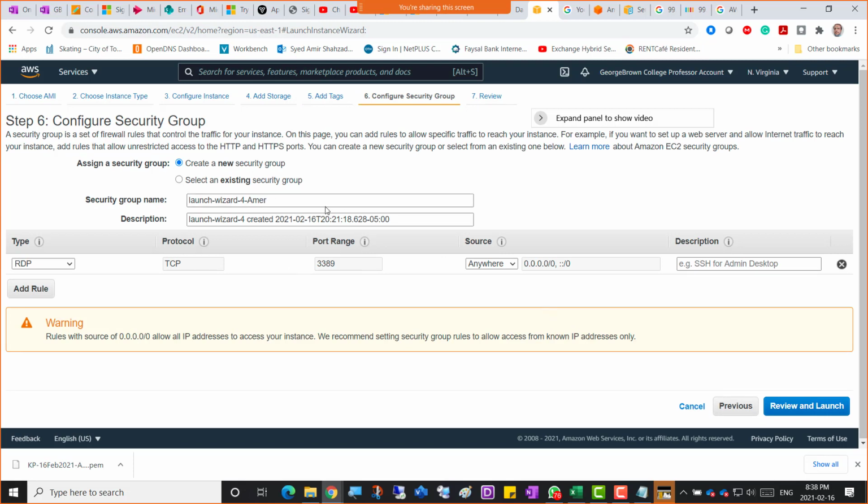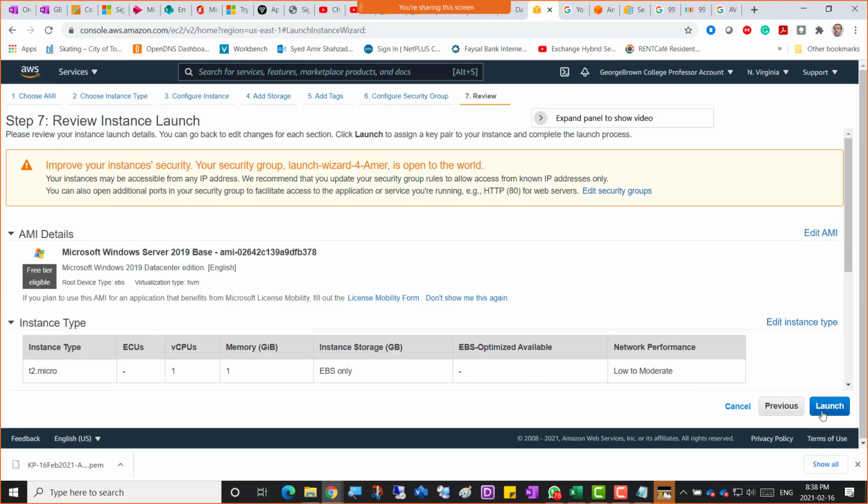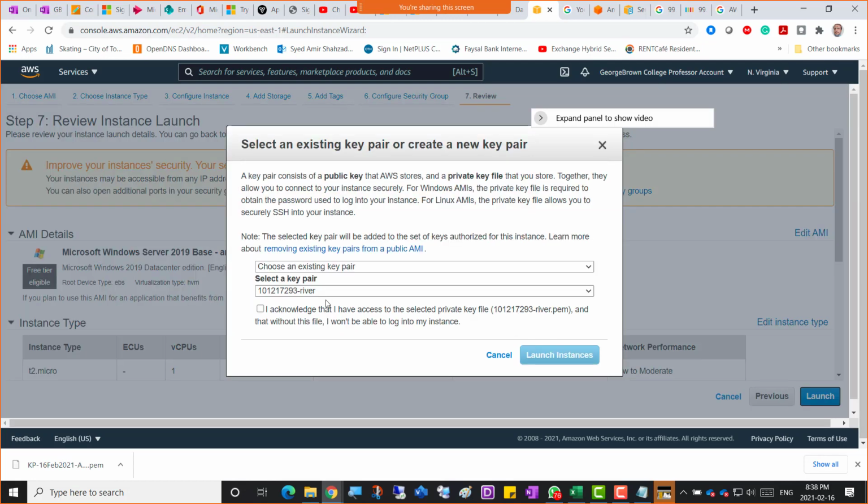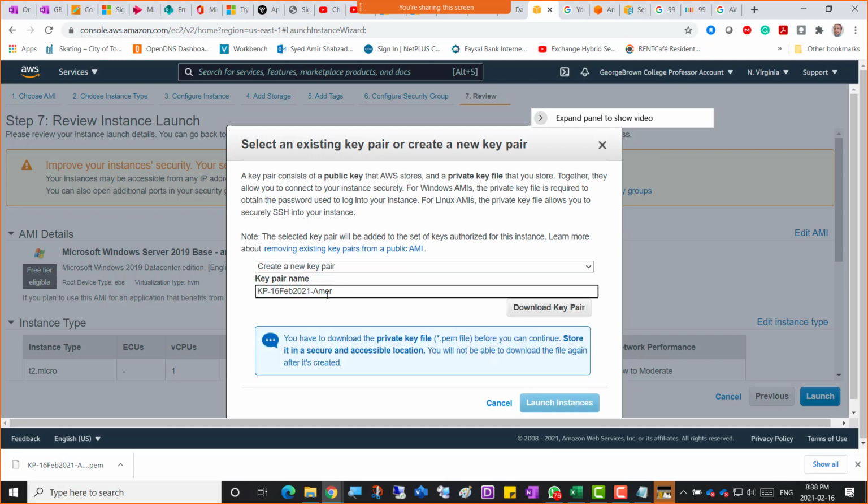So if you took a screenshot without this, that is wrong. So then go for review and launch. Okay, and launch. Whatever new key pair you gave, just select the new key pair and then type this name here,